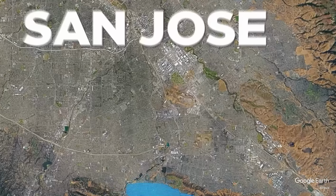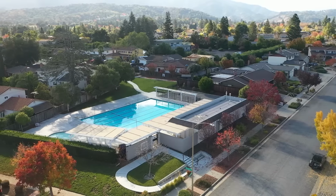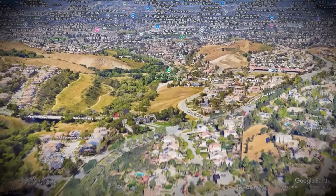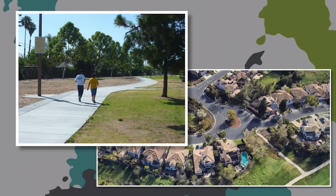Now, this is not super different than Almaden Valley as far as some of the amenities, but we will compare and contrast because there are some slight differences in the construction and the overall feel of the neighborhood. You will note that Silver Creek is highly manicured. Lots of big, wide roads, sidewalks, and grasses and palm trees, and very manicured inside and outside of the exclusive